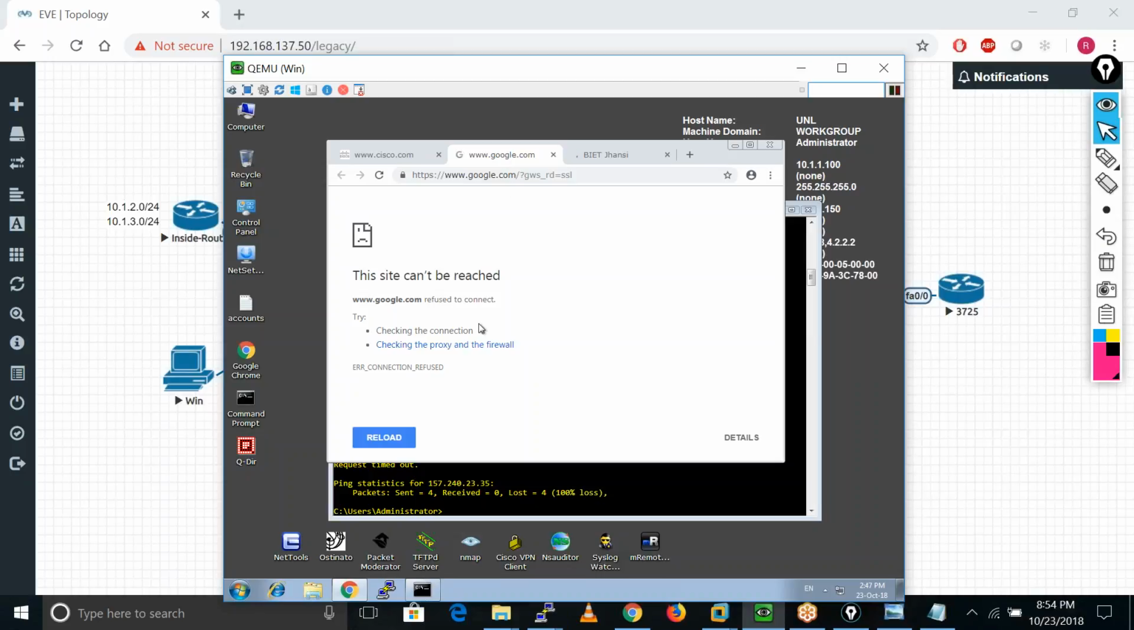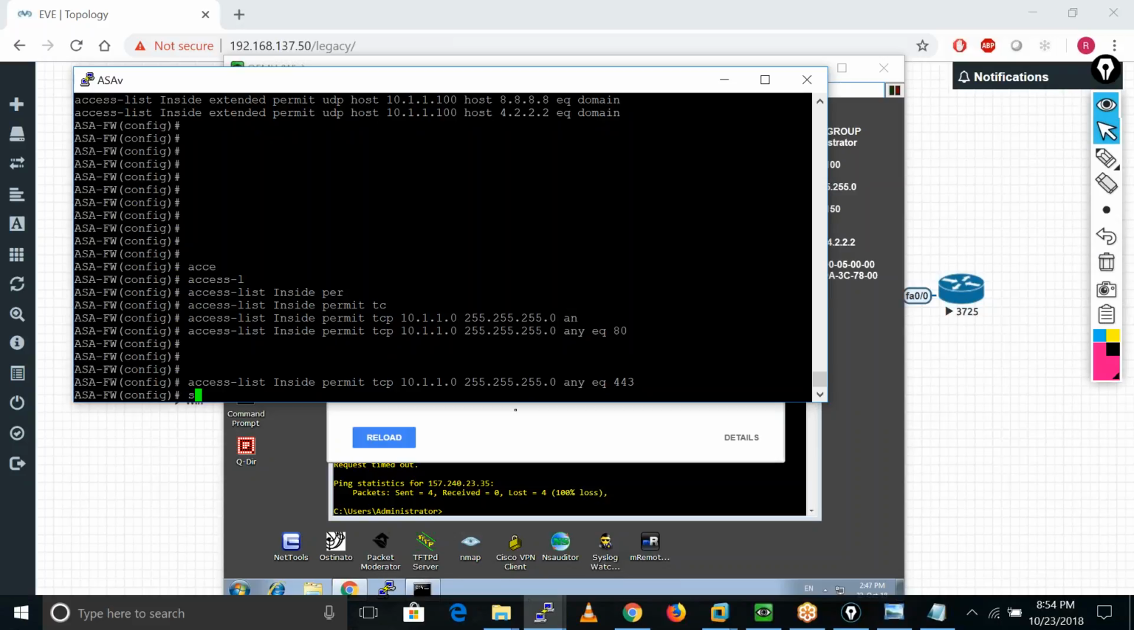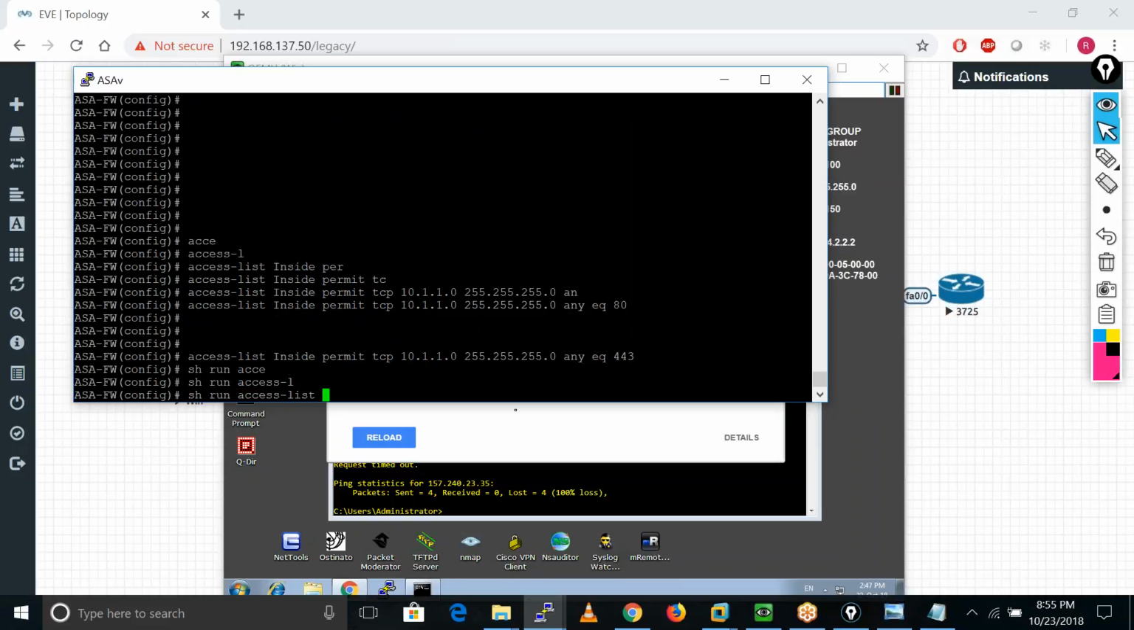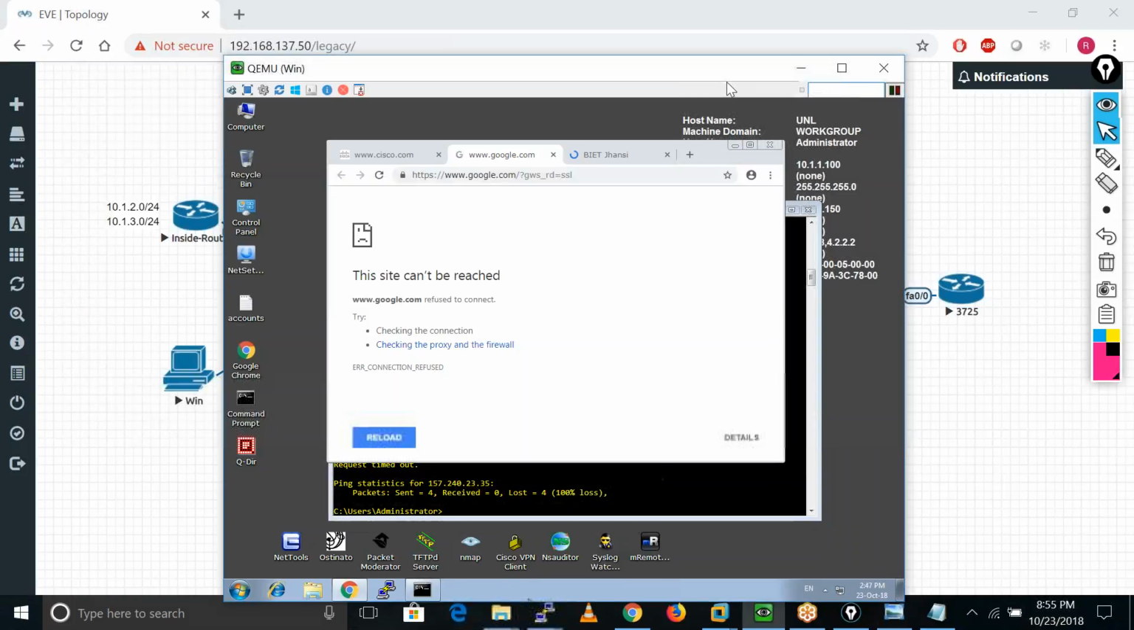So I'll go to my ASA firewall and add one more statement. I'll use the same statement there and just change the port number to 443. If I see my interface here, that access list, now I have these two statements, one allowing port 80 and one allowing port 443. So this time it will work. If I reload this Cisco website here,